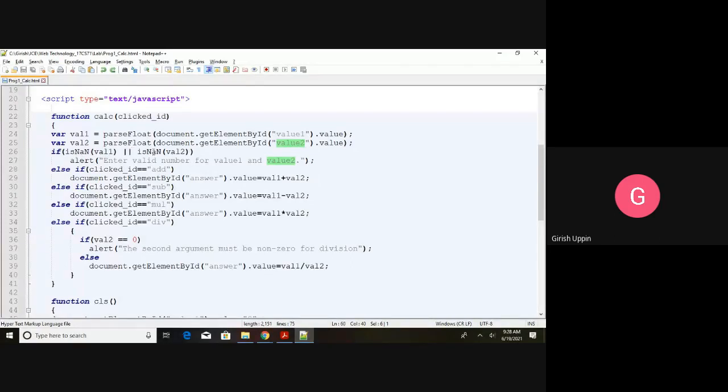If it is a number, it will return false. And I have "or", which means if any one of these two values is a text or a special character other than a number, then this will become true. And because I am using the "or", if one of them is true, it will show me an alert. You remember we gave the character, and it showed me the message as an alert: enter valid number for value